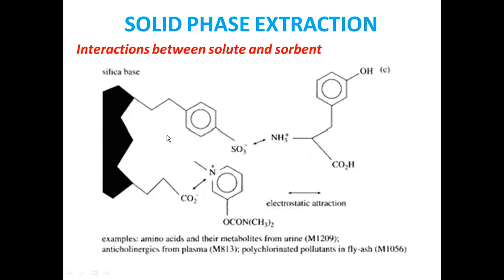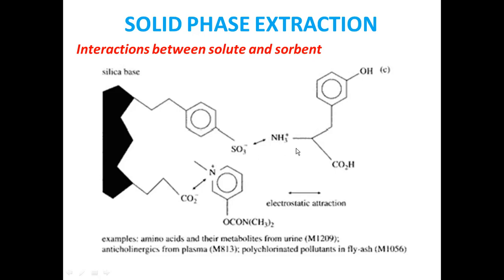Here is another type of silica I have presented. Silica is modified by introducing the C2H5, C6H4, SO3 minus group, including this SO3 minus, and this carboxylate anion group. So an ethyl carboxylate and an ethyl substituted benzene sulfonate are the groups modified onto the silica, and this is used as the sorbent. When you transfer these two compounds through the sorbent, this is one compound and this is the other compound. What kind of interaction takes place here? The carboxylate anion is negatively charged and the sulfonate is also negatively charged.